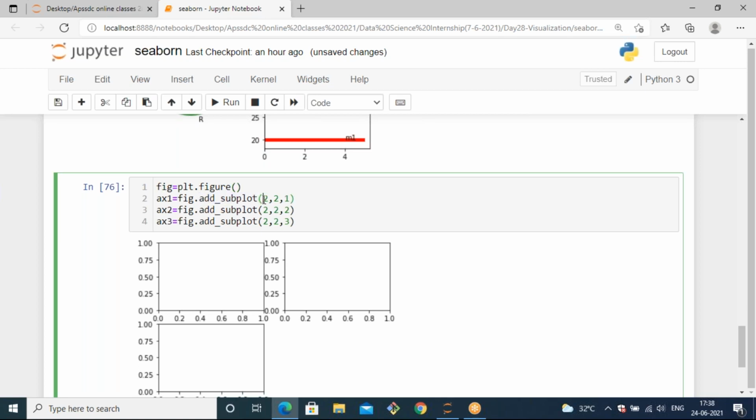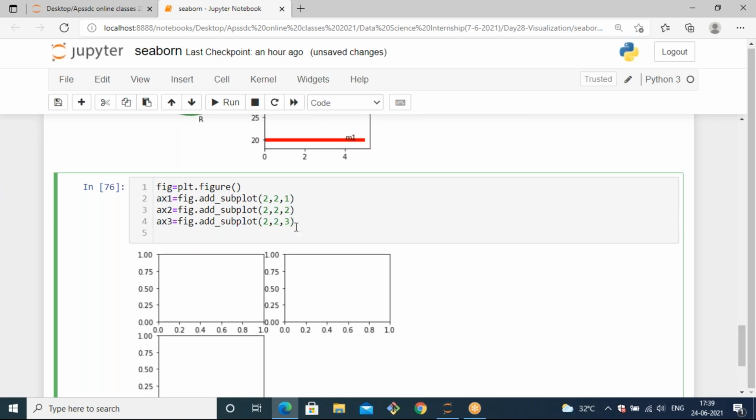By passing the parameters, it will generate the subplots like this in the second row. Inside it is 2 comma 2 comma 2, a 2 by 2 grid. Totally it has 4, but out of 4 we just want to create only 3 subplots. So for that we are mentioning the variables. Those variables are ax1 and ax2 and ax3, and we need to specify the values so that it will generate the subplot. So let's see how to pass the values for that ax1 and ax2 and ax3.